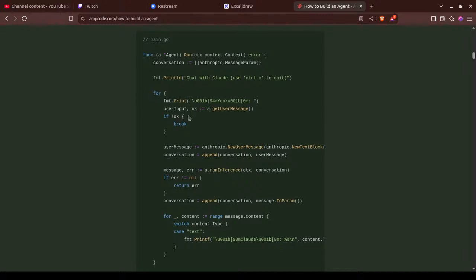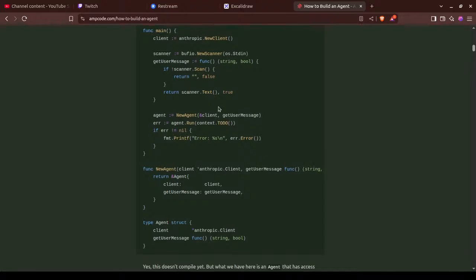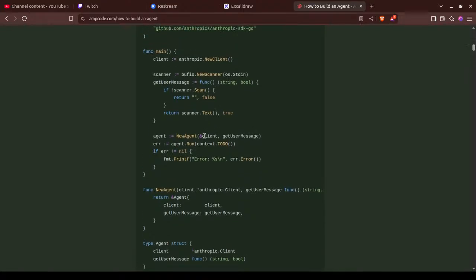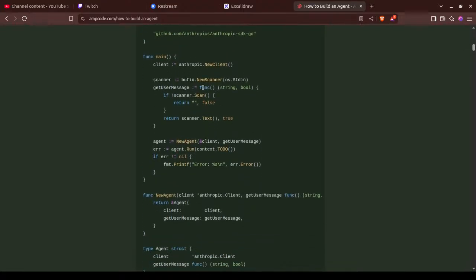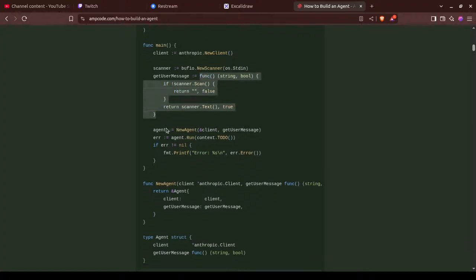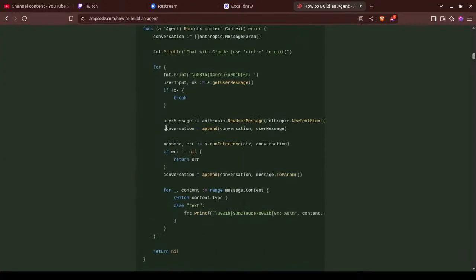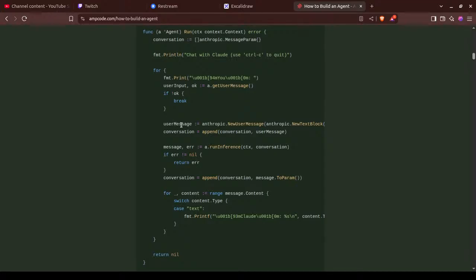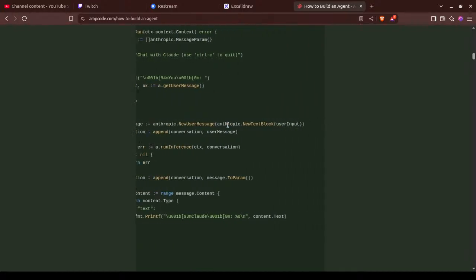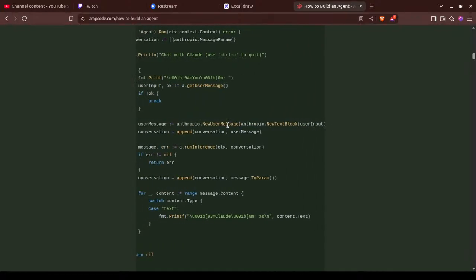Here we take in the user message, get user message. So this will go ahead and take in the standard input. Then if there was some message, we'll append the user message, right?